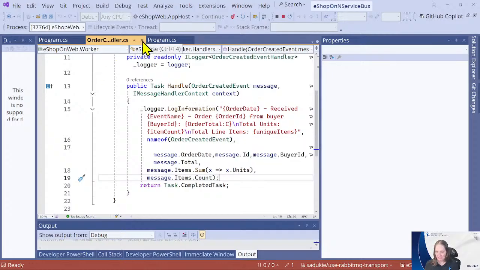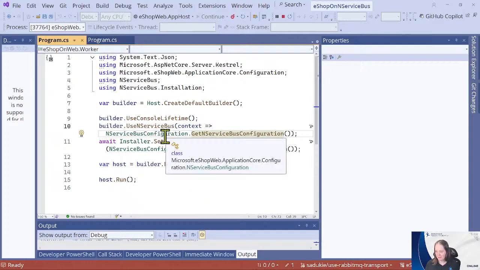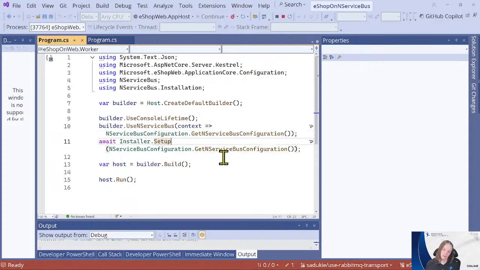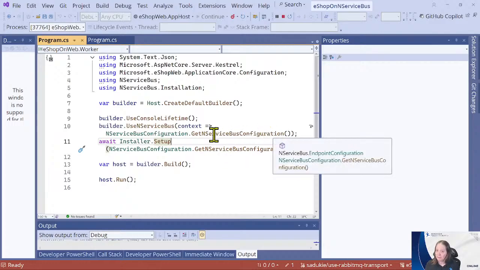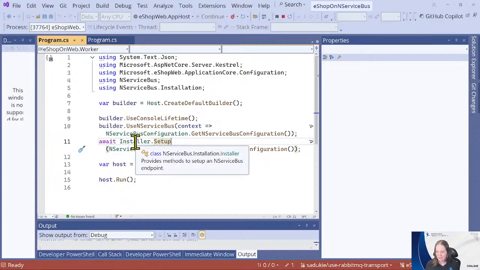So then, what happened? How does it know to go to the RabbitMQ? This is where we get into things like the NServiceBus configuration and the installers. Installers are there to create queues ahead of us. Now that's why you saw those before we even started going shopping, is those NServiceBus installers will make sure that the NServiceBus endpoint is set up nicely.